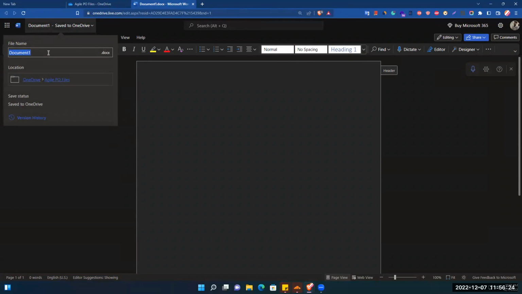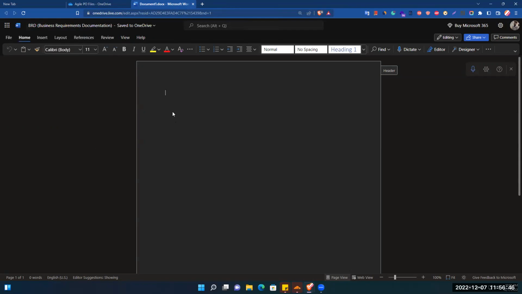Let's say the name of this documentation is business requirements documentation, or BRD. I'm just giving you an example. Okay, so this is the file name.